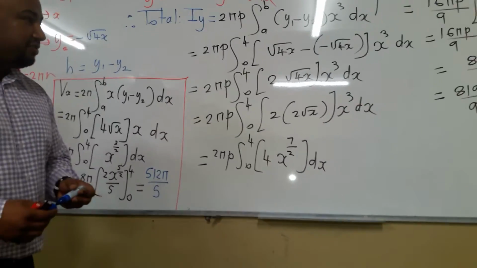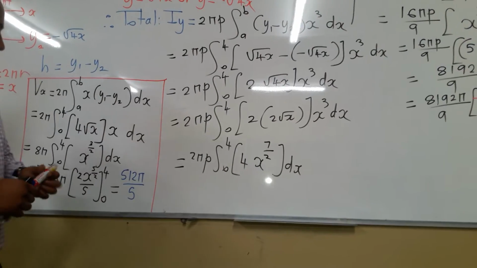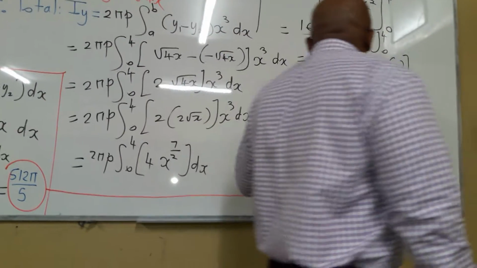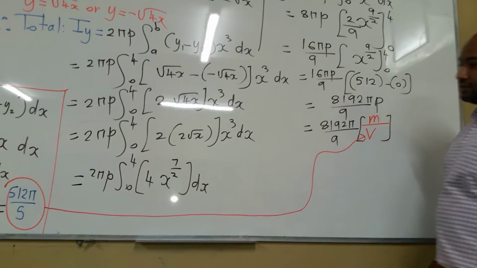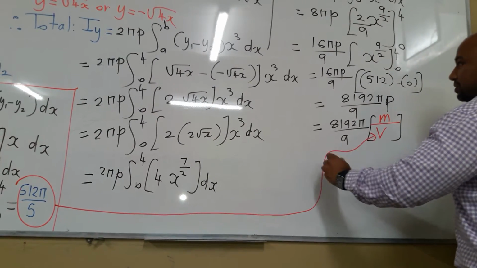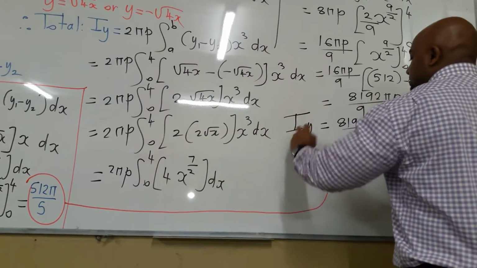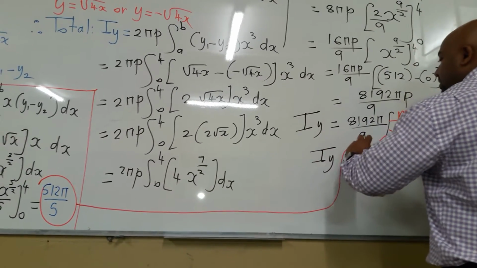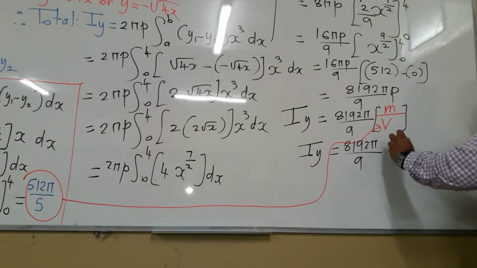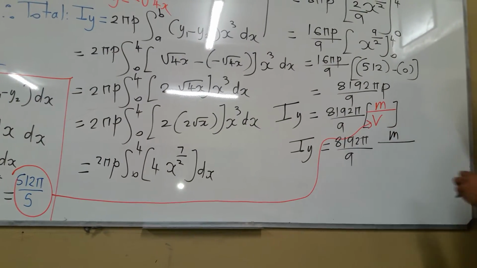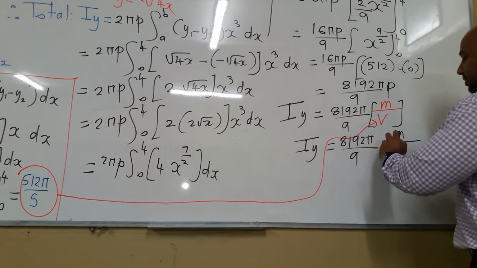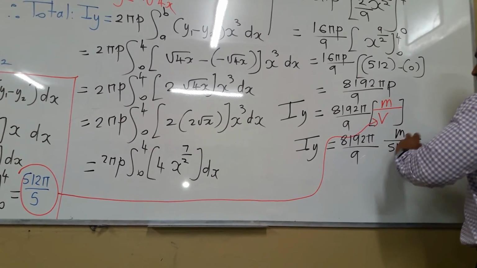Now, we take this information and we have to substitute it here now. Okay, so this is now equal to 8192 pi over 9 multiplied by m divided by the volume. The volume was 512 pi all divided by